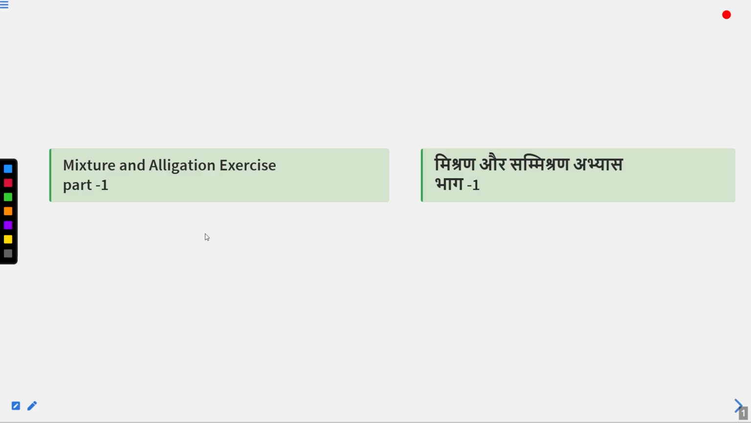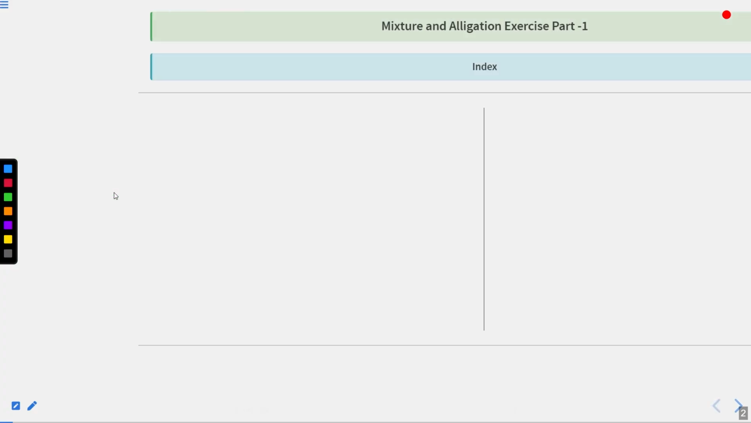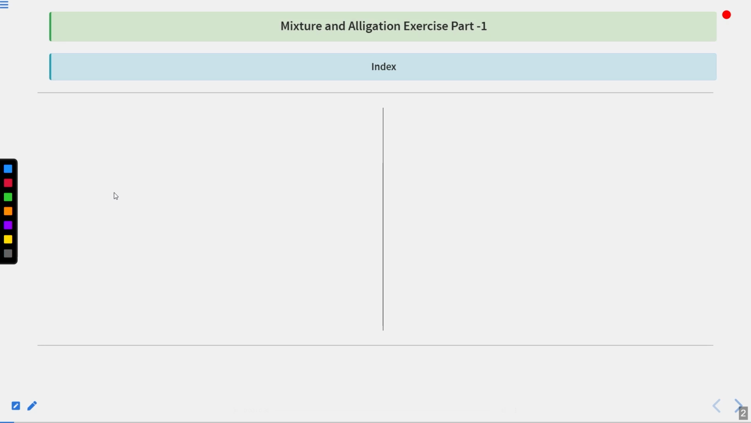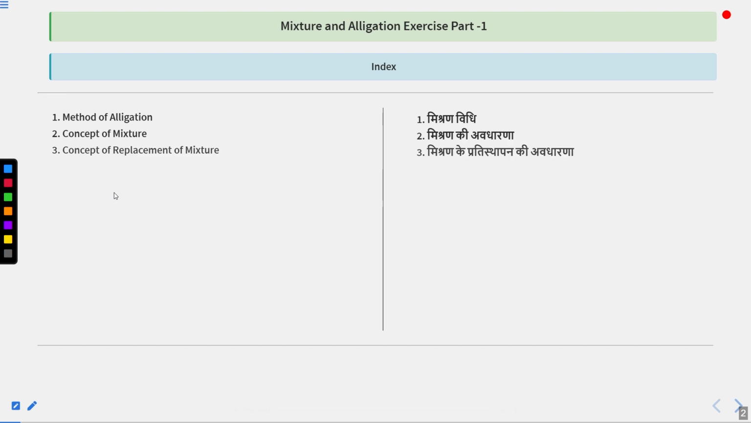Hello student, in today's class we are going to discuss mixture and alligation exercise part 1. Now we will see some indexes which we are going to study in today's class. So: methods of alligation, concept of mixture, concept of replacement of mixtures, some miscellaneous questions, and then a summary